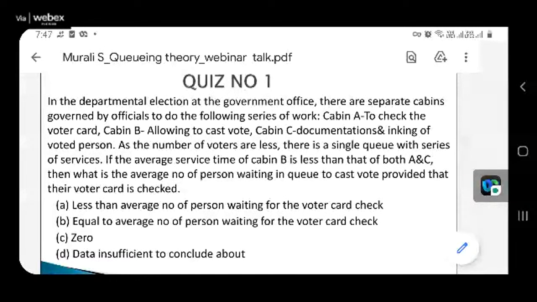So coming to the MM1 model, we have discussed different things. That is, how to find the average number of customers in the system. That is lambda by mu minus lambda. Then we discussed the average number of persons present in the queue, or you can call it the queue length, LQ. I have told it as lambda square by mu into mu minus lambda. Please do remember the formulas also.